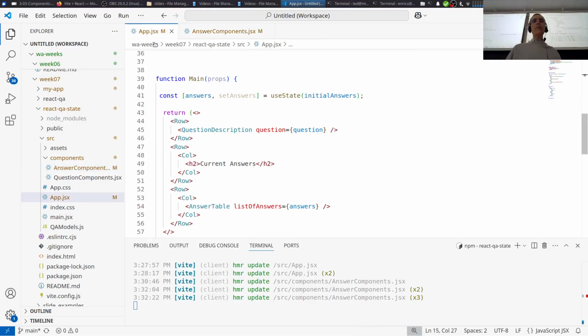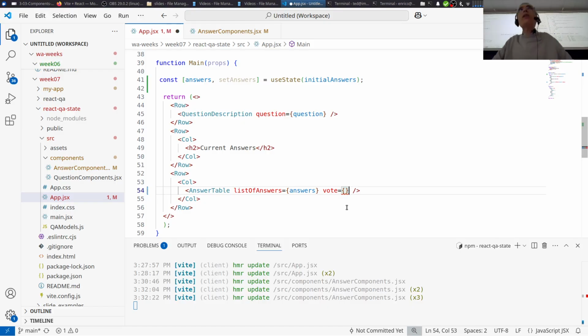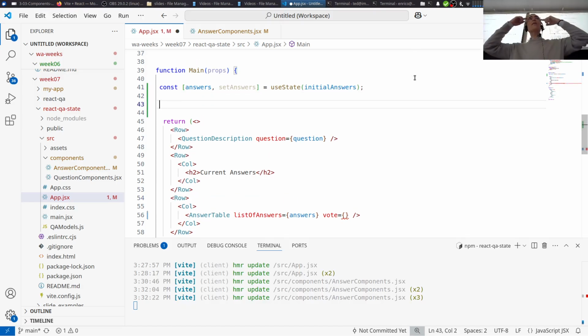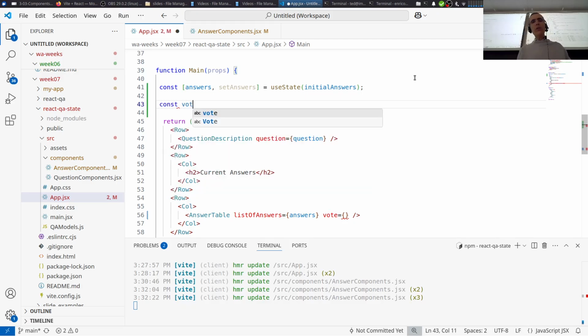So now I need to pass props vote to answer table. So I go back to app, answer table. It has to have a vote equal to something. And now, what are we going to write here? We need to write a function that modifies the state, right? Okay. I'm trying to replicate the process that I use to think what to do. I could give you the solution, but I would like the process of thinking to remain recorded for you that are listening. So const vote, okay,